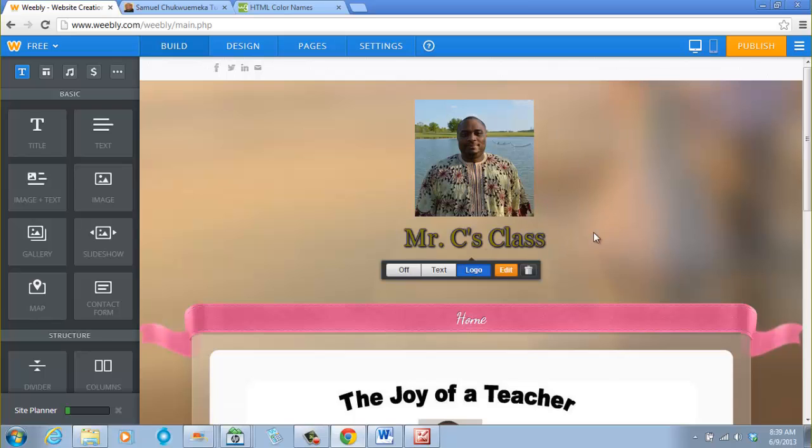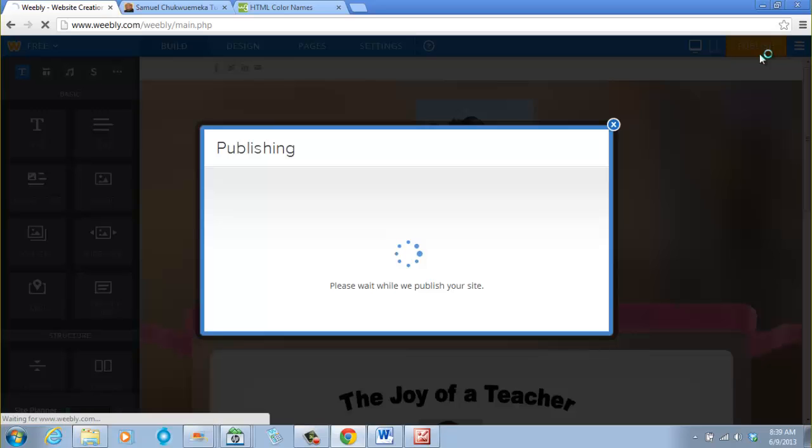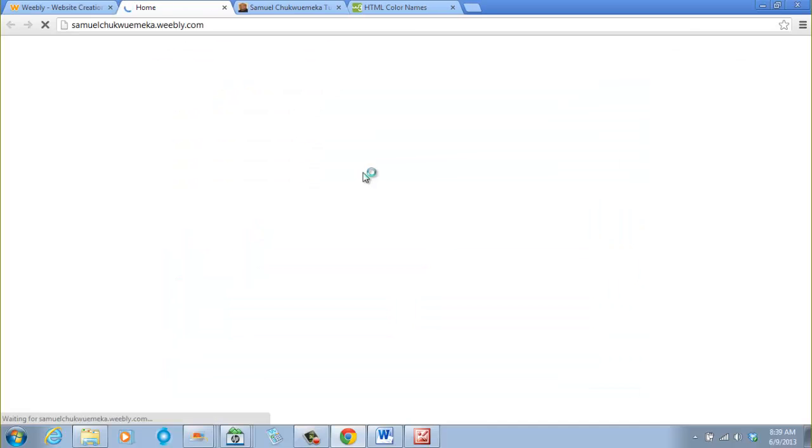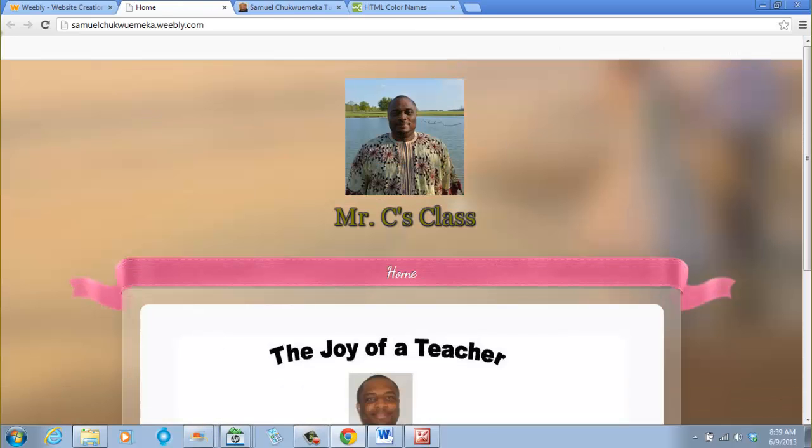Now, before you go, make sure that any change you make on your website, you have to effect the change on the website. So you click publish. Always do that. Publish. And then the website is published. If you want to see the website, you just click here and it shows you your website,